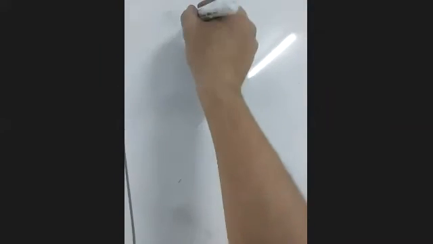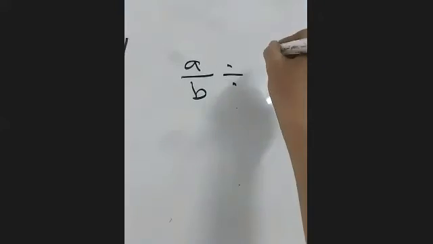How do we divide a fraction, guys? To divide a fraction, we multiply the fraction with its reciprocal. To divide two fractions, we multiply the first fraction with the second one's reciprocal. It's a formula. If we want to divide A over B by C over D, A over B divided by C over D,